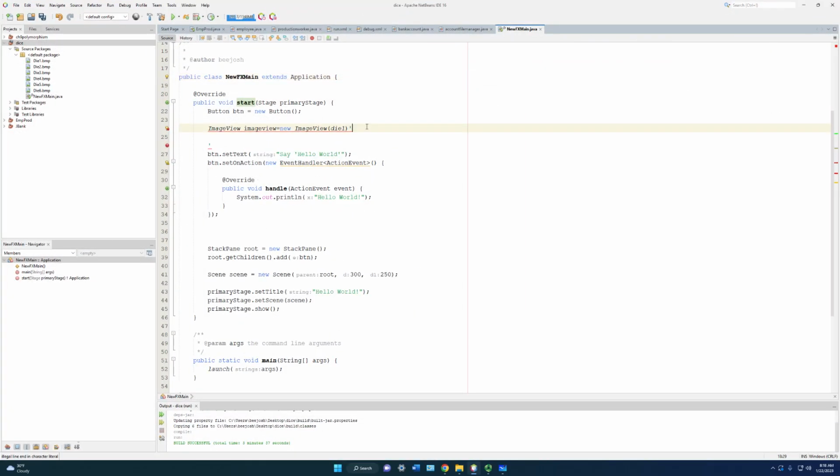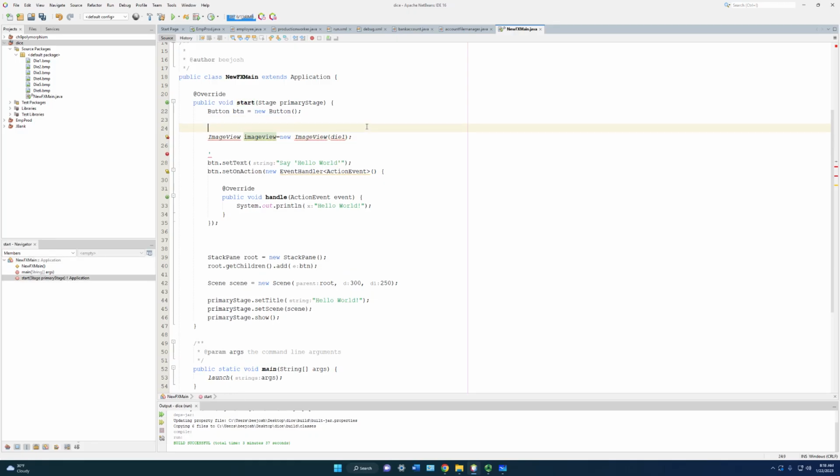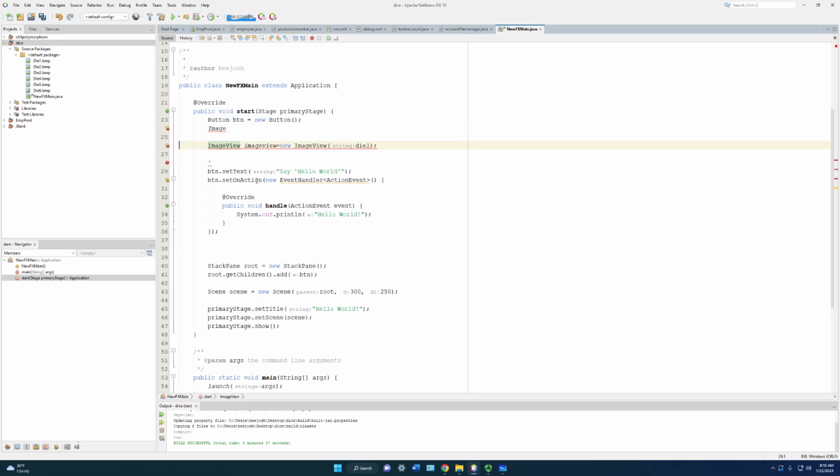Okay, so we got our image view for our die. Now we need to create an image. I bet you we have an include for our image view. We probably can just pop on it right here and it'll add it for us. There we go. I like that. Cool. And image die 1 equals new image, and you just pass in the location for it,